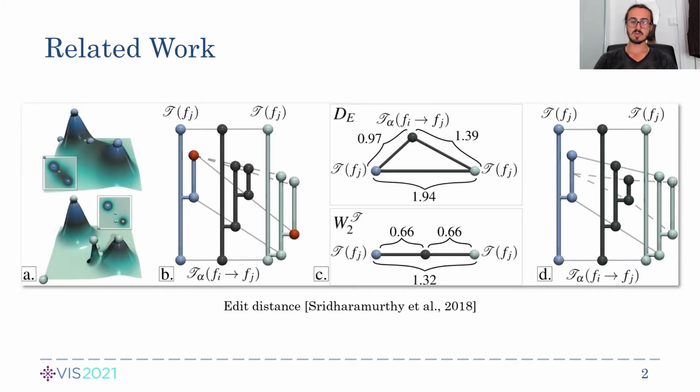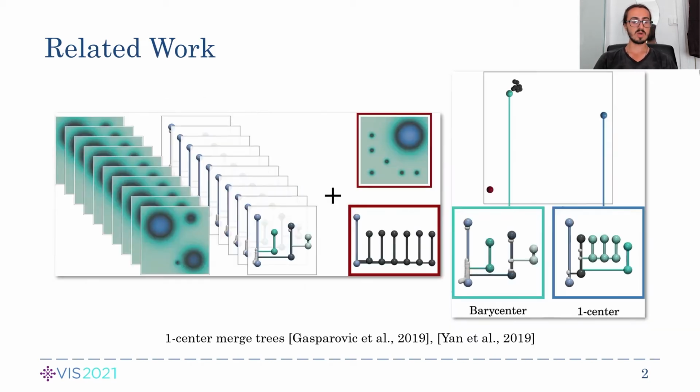The metric between mesh trees was proposed by Sundaramurthy et al. based on the edit distance. However, the simple interpolation of the matched nodes does not result in geodesics or shortest path, in contrast to our work. A method was proposed to find one center, a mesh tree that minimizes the maximum distance over a set